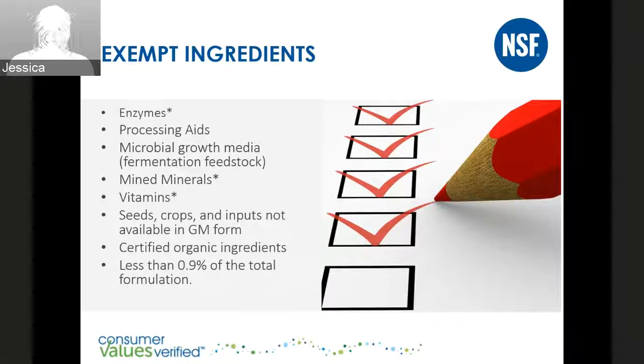Seeds, crops, and inputs not available in a GM form, such as strawberries, ryegrass, palm oil, and other non-high-risk commodities. Ingredients that are certified organic only need to be accompanied by the ingredient certificate, organic certificate and summary. And if the input is less than 0.9% of the total formulation. Now,